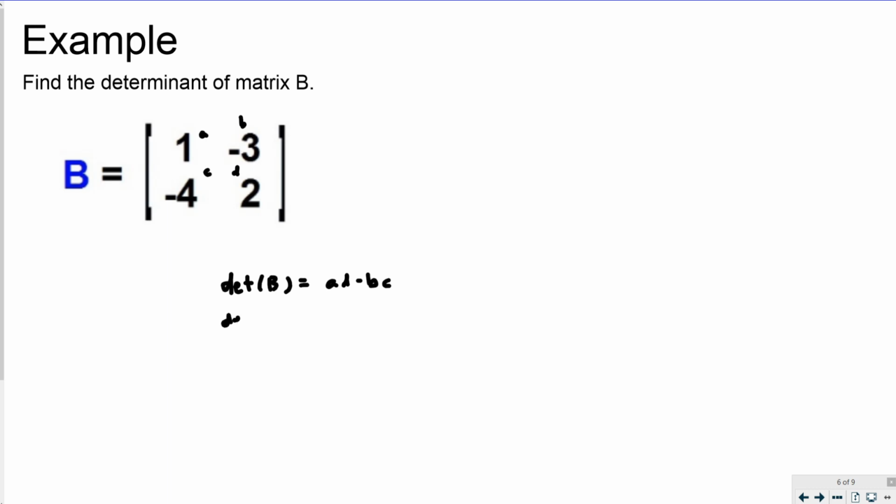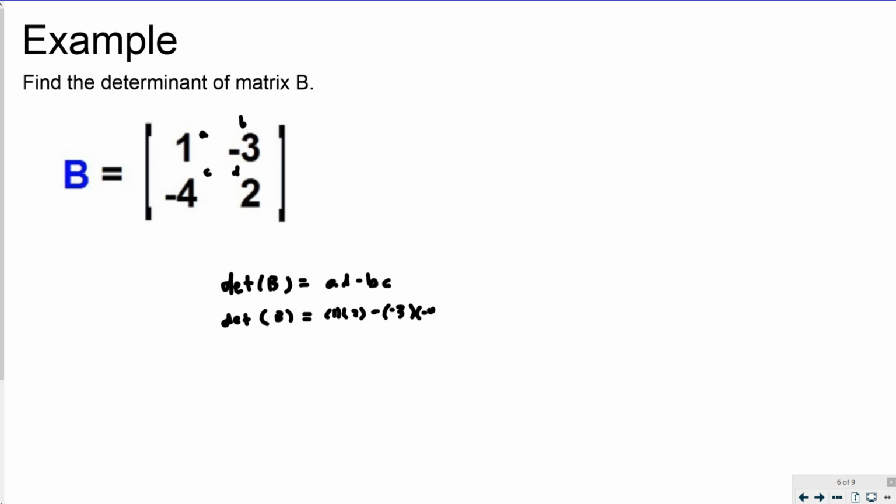So the determinant of B is equal to 1 for A, 2 for D, minus -3